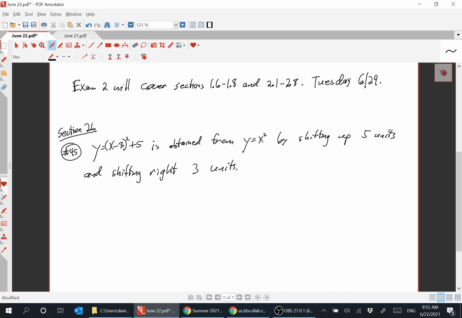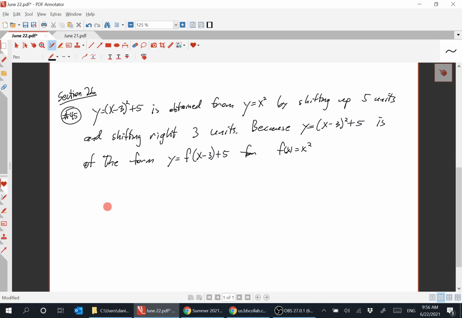Right? Because y equals (x minus 3) squared plus 5 is of the form y equals f of (x minus 3) plus 5, for f of x equals x squared. So 3 is subtracted from x, and then 5 is added to the whole function. So starting with the standard parabola,